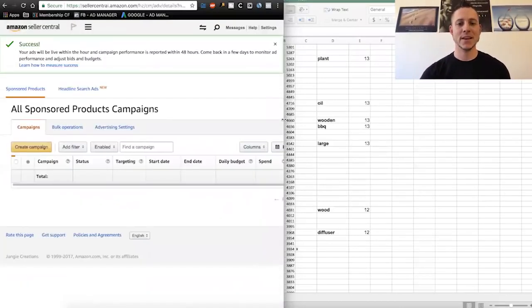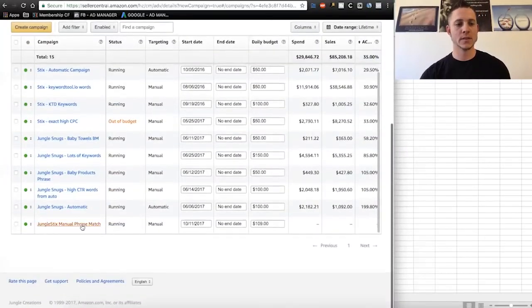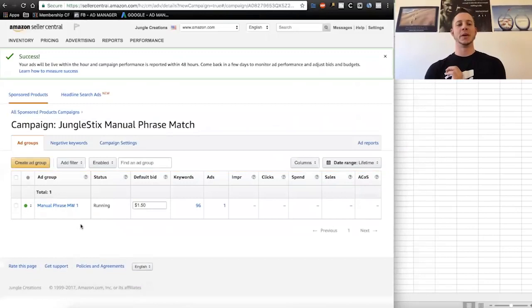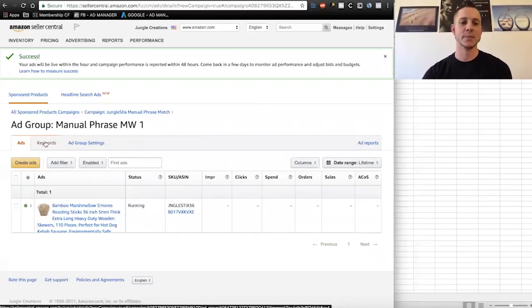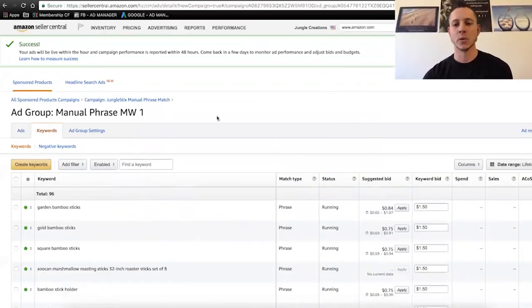And it's as easy as that, right? And so the last thing that I want to go over really quickly is how to set those bids, right? Because when we went in, we didn't actually set the bid. We just put it to something random like 150, which I think a lot of people put 75 cents just because Amazon shows that. And so one little trick that we can do here is coming into the keywords section,